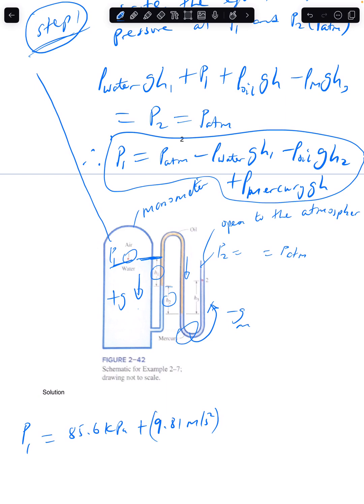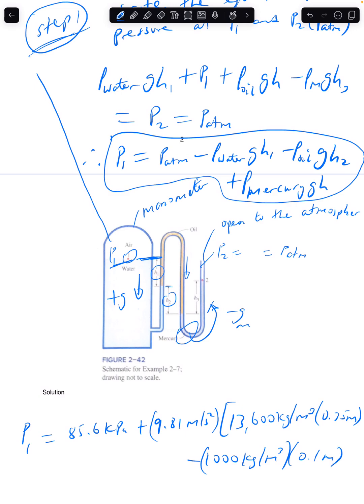Then we have 13,600 kilogram per cubic meter times 0.35 meter, minus 1,000 kilogram per cubic meter times 0.1 meter,